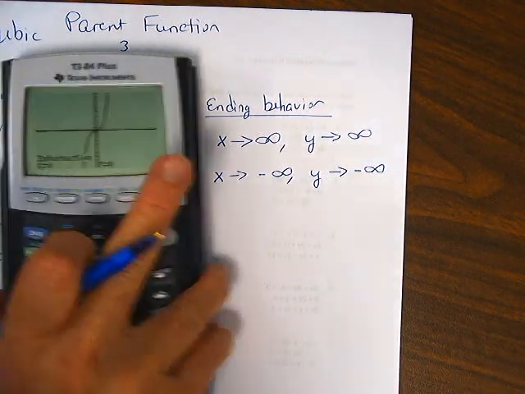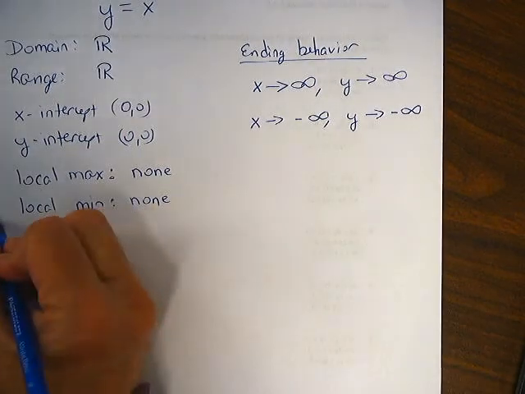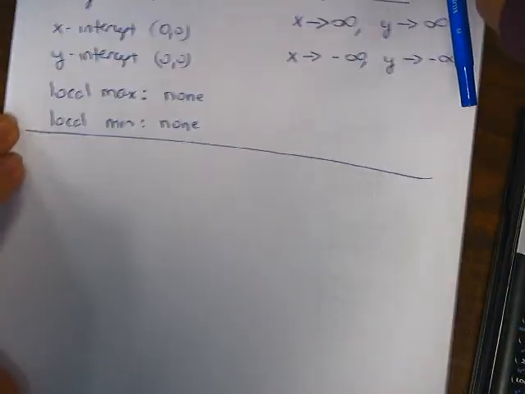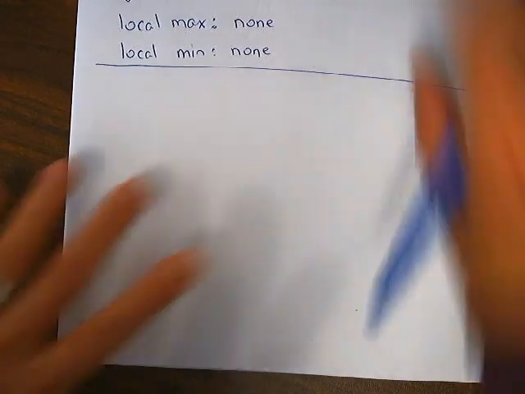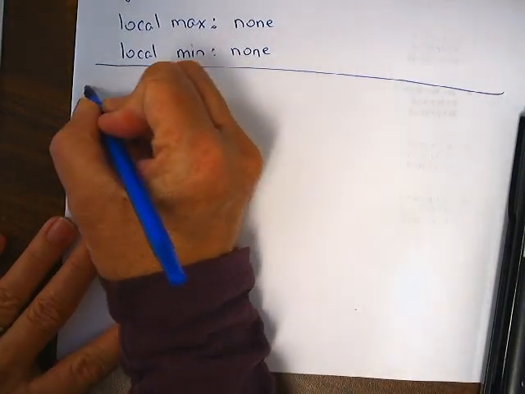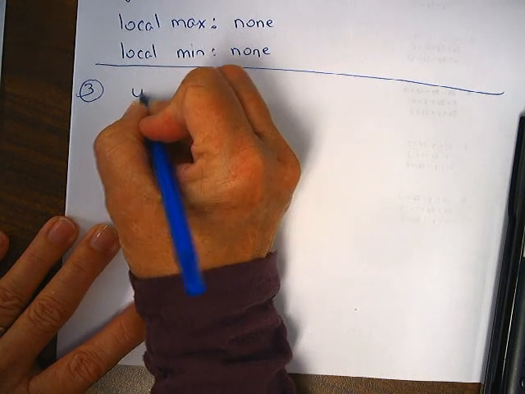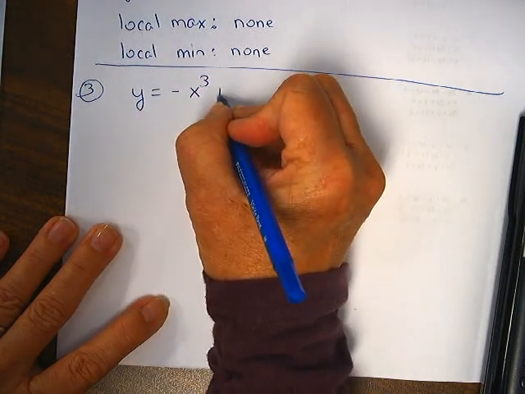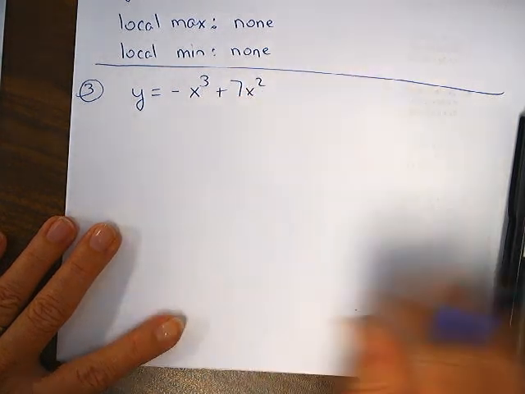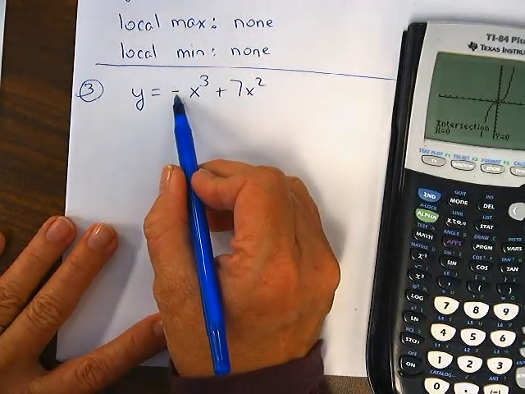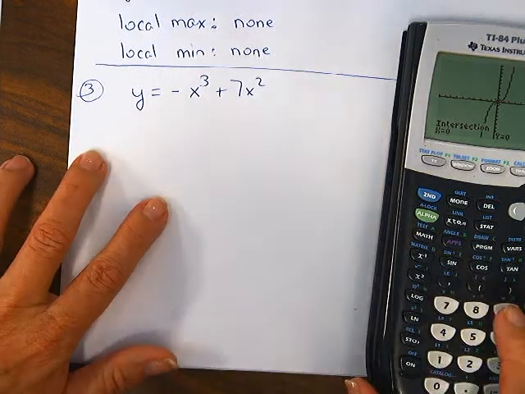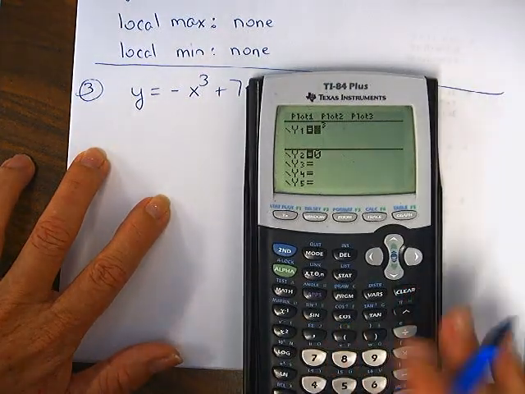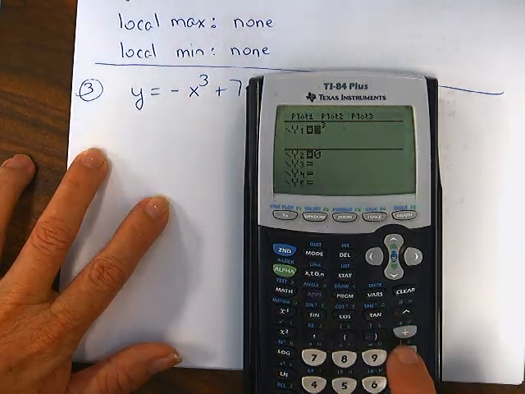Okay, this one's going to be a little bit different. So if you want to label this as example 3, feel free to. So this one, let's look at y is equal to negative x cubed plus 7x squared. Okay, and I don't want to put the negative in parentheses. So when we go to our y equals, we're going to put in